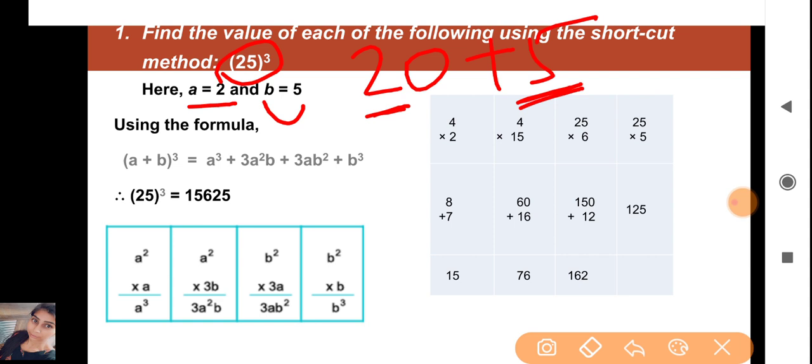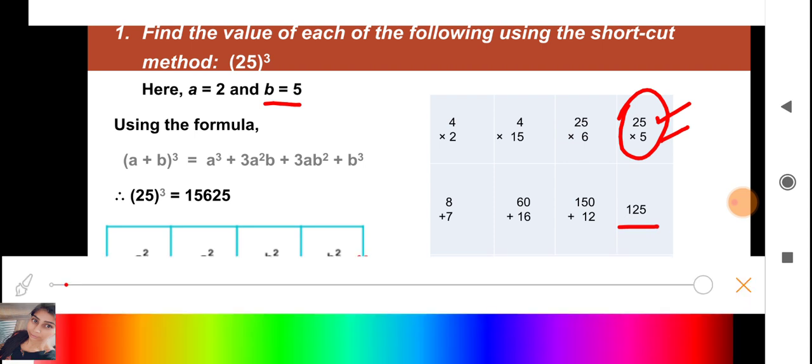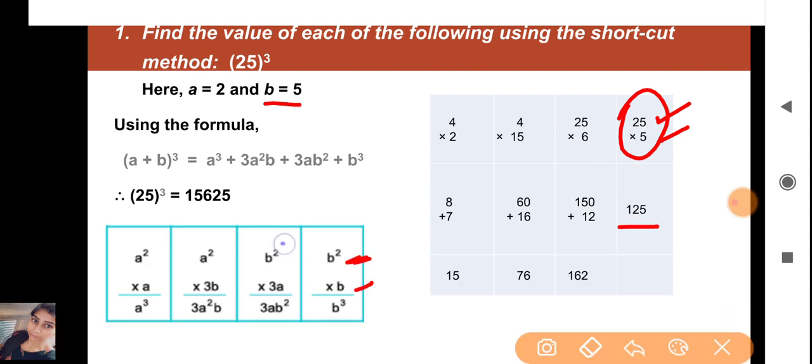Now again, as I've told you, we are going to use the same formula, and this is what we are going to follow. Let us see how I have written it here. Just see, the first one is b square. My b is 5, so this will be 25. Next is b, which is 5, so 25 fives are 125. I have written that here. Next is b square, again 25, and 3a, which is 3 into 2, so 6. 25 sixes are 150. Just the first line we have covered here.